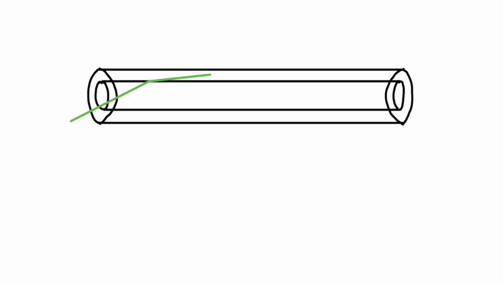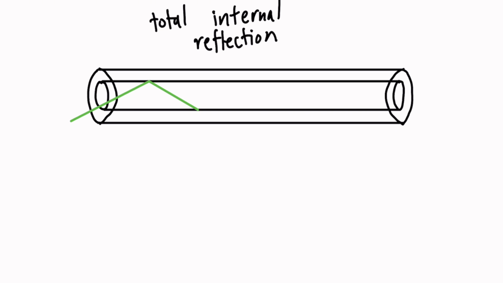The core is made of a material with a high index of refraction, and the cladding has a low index of refraction. This means that the light will bend a lot when it hits the barrier, and since the differences in the indexes of refraction are so great in an optical fiber, the light will actually bend so much that it bends back into the core. This is called total internal reflection, and it is a fundamental concept that allows optical fibers to work. This happens every time the light hits the edge of the core, allowing light to travel far distances through the